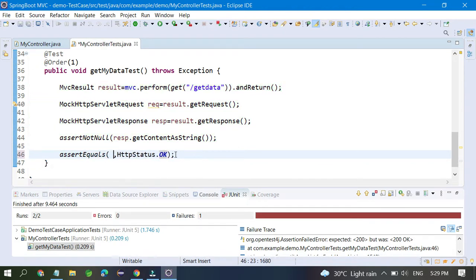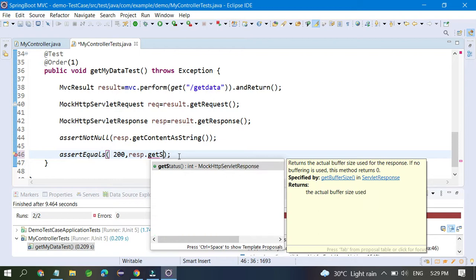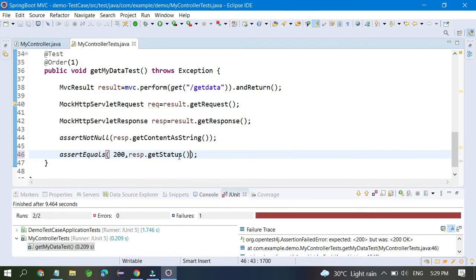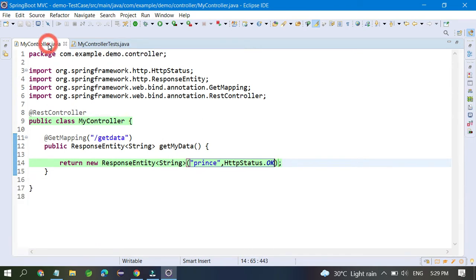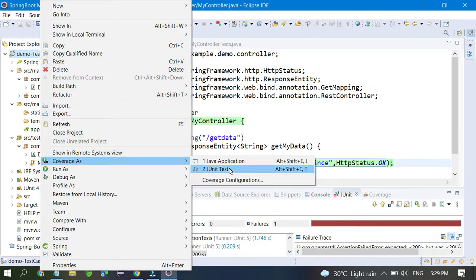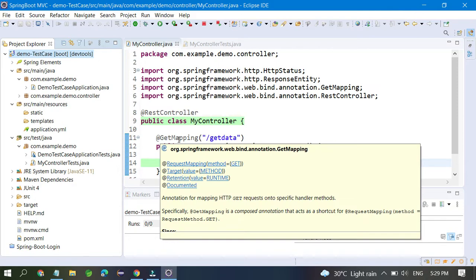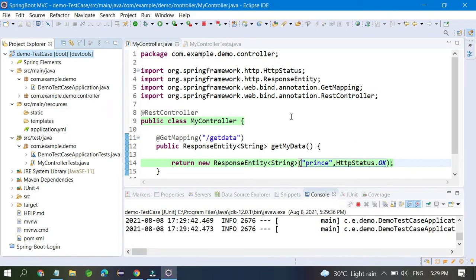Okay, and the response is coming back response dot get status. Okay, so our status is these things. I have to worry about it. This is a little bit difficult here. Everyone has to understand and learn so many times so that only you can become comfortable in this, otherwise no way.